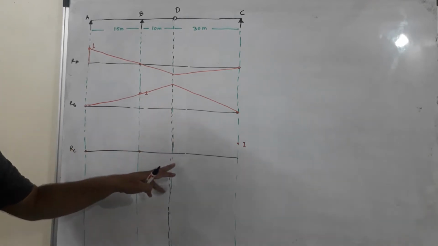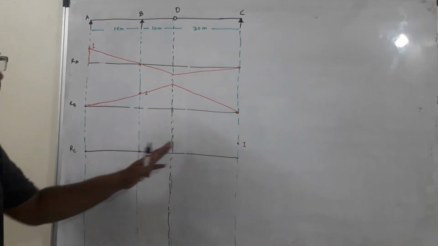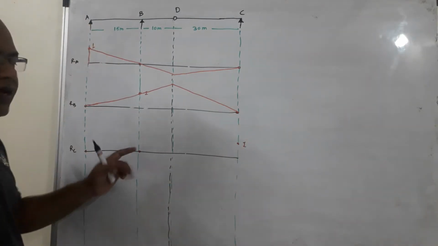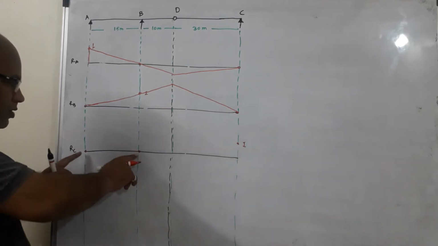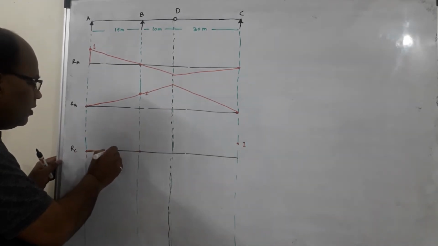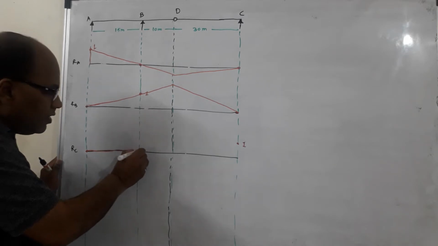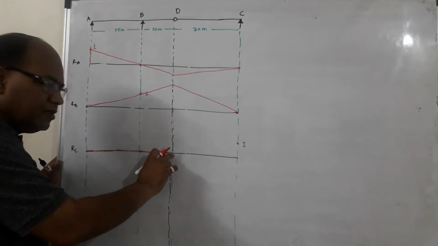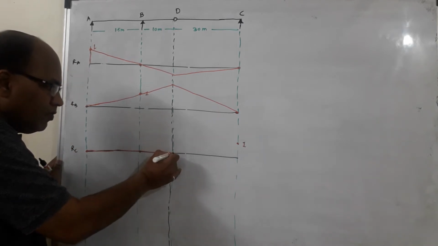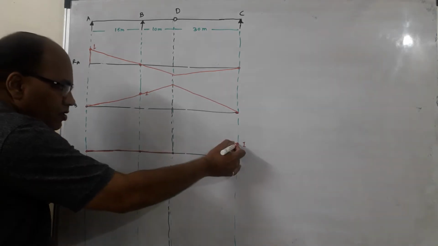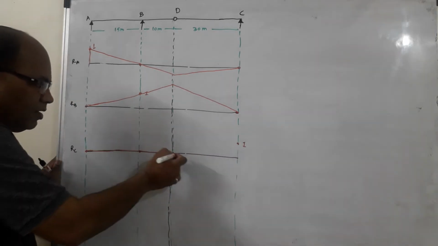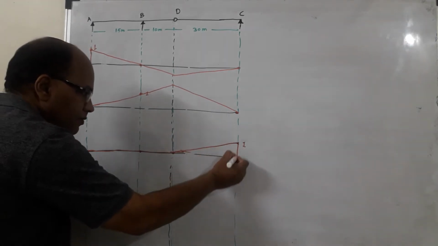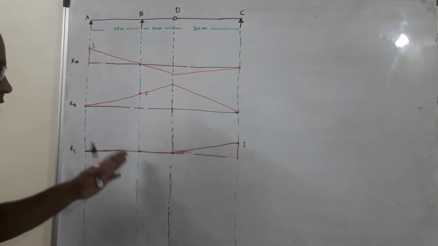Now, ILD for RC. Again, BC contains the hinge. Don't go with BC. Go with the first span AB in which the hinge is not there. We have got these 2 points, so connect these 2 points. Extend the same straight line till the hinge is reached. Now, we are getting this point and for the remaining part, we know this point which has already been marked. So, join these 2 points and it will be the ILD for RC. So, this is how ILD for RC can be drawn.